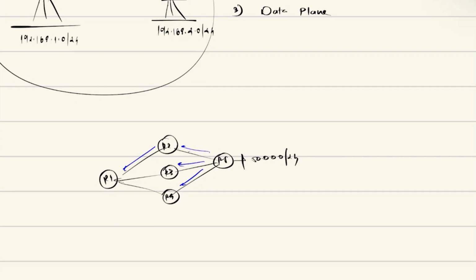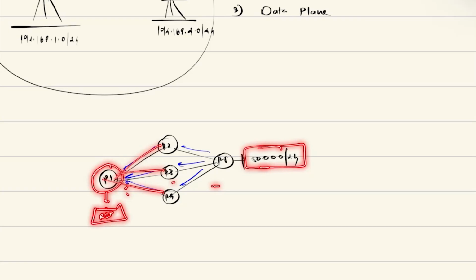And these three OSPF neighbors will also send the route out to the R1. So when R1 receives this route 5.0.0.0 from R2, R3, R4, it needs to decide which is the best route. And then that best route is going to be installed into the routing information base of the device. If all the metrics of the routes are same, then all the routes will be installed because OSPF supports load balancing. But if it would have been BGP, then only the first received route will be installed in the routing table, given that the BGP attributes are same for all the routes.